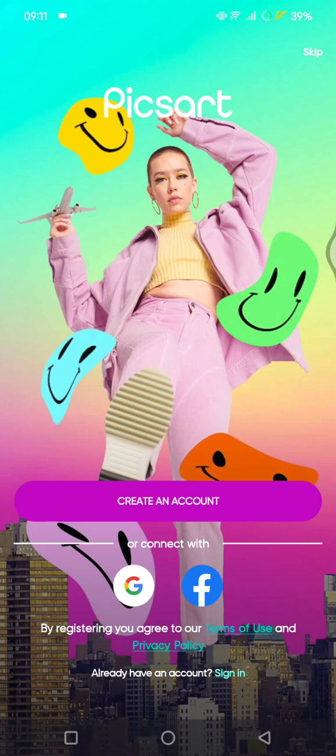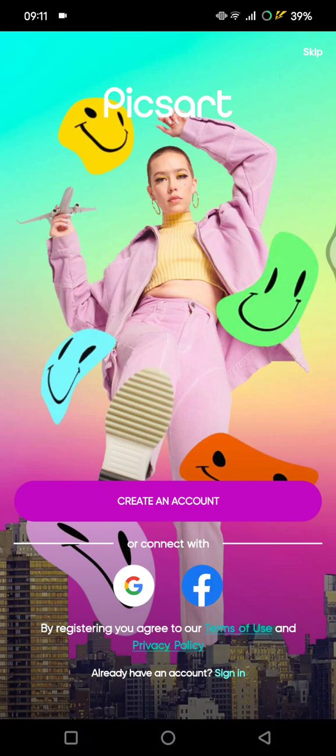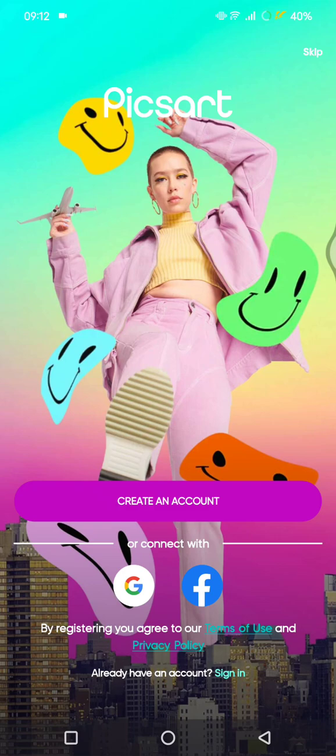Or you can also just connect or link Picsart directly with your Google or Facebook account. So you can do that by clicking on the icon. For example, in here I'm going to just use my Facebook. You can click on the Facebook icon at the bottom. So after you click on the Facebook,